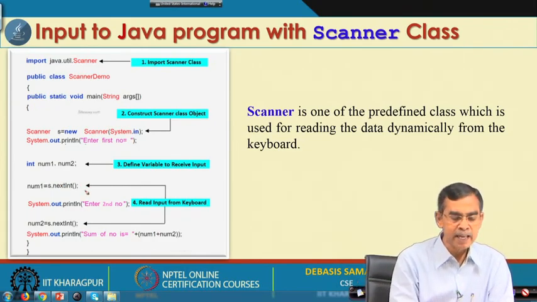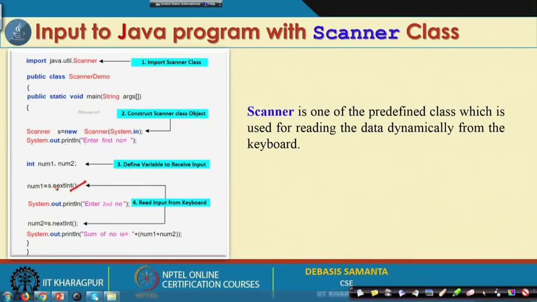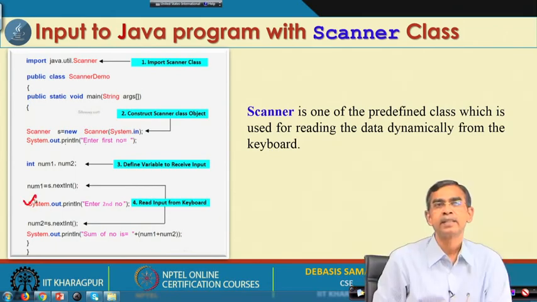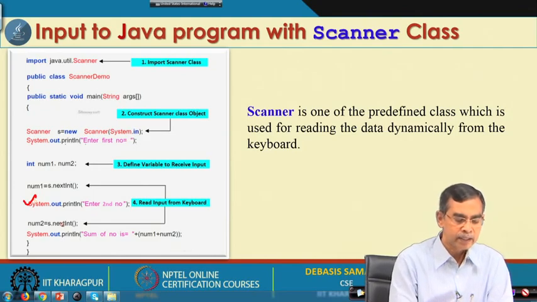The first time, the first integer typed from the keyboard is read, returned, and stored into num1. So, num1 is now initialized. Similarly, it will give the prompt with System.out.println for the second number, which is also read from the keyboard, returned and stored in num2.